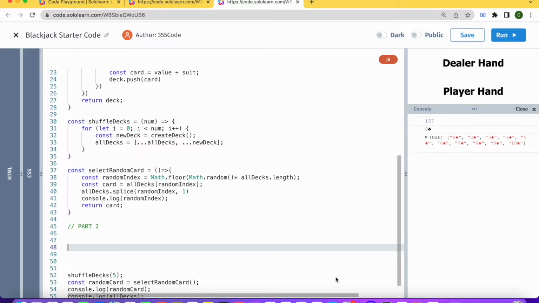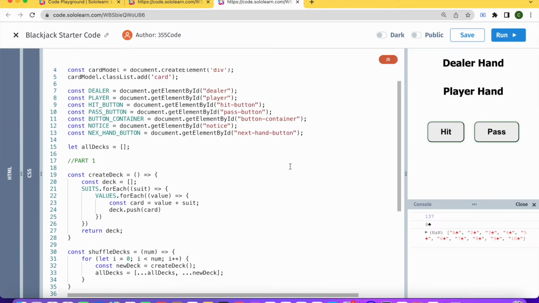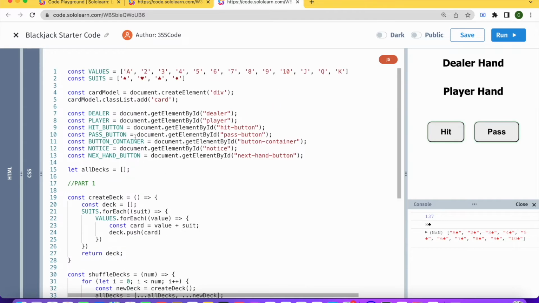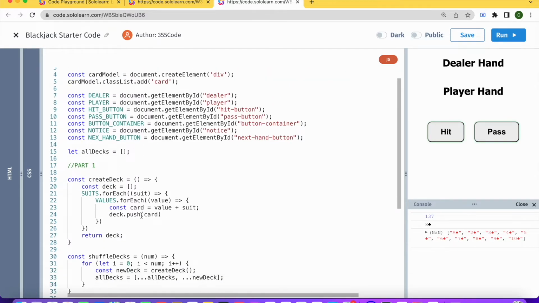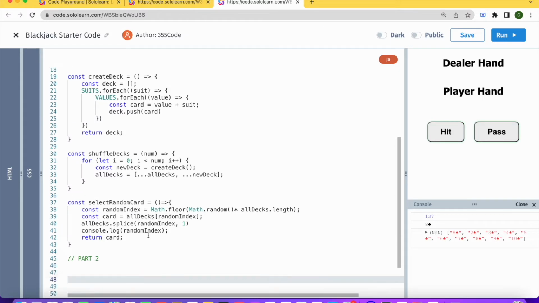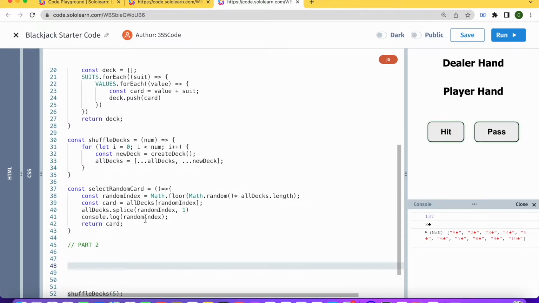And if you've been following along, then you know that we're making a Blackjack game. What we've done so far is create a deck using these values and suits, and we've shuffled a few decks together to make a large deck. Then we created a function which can select a random card and remove it from the deck, and this